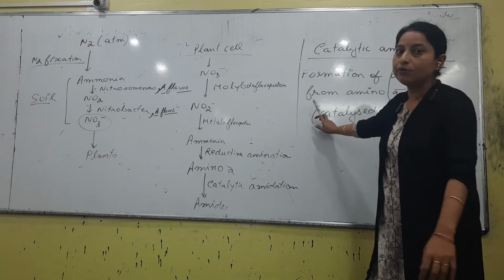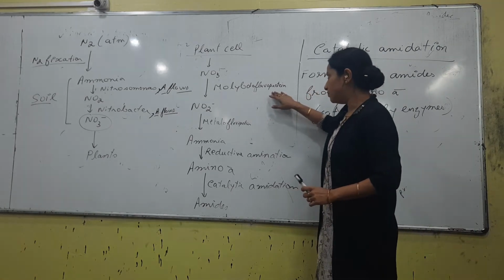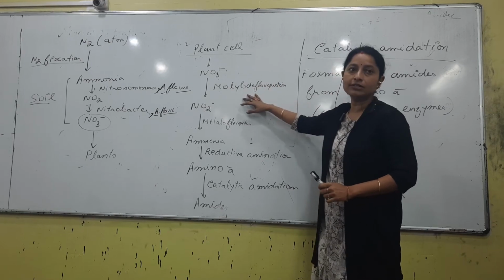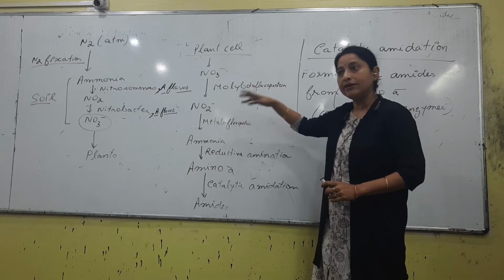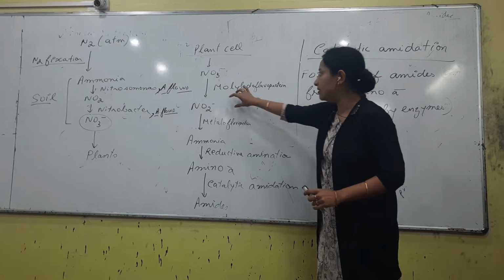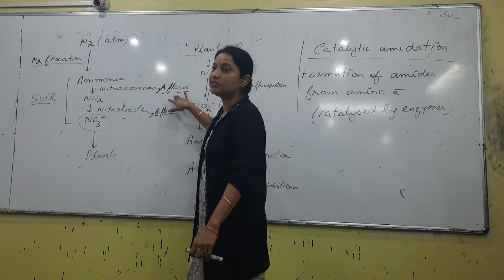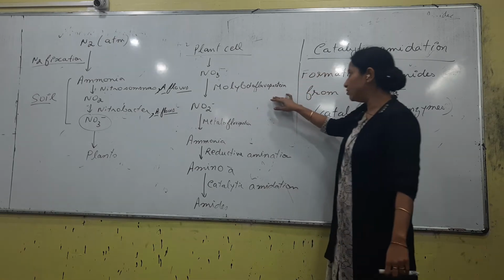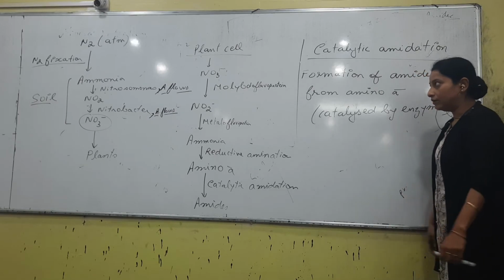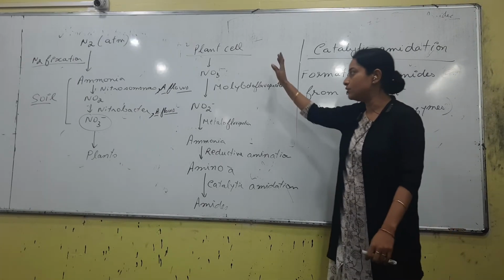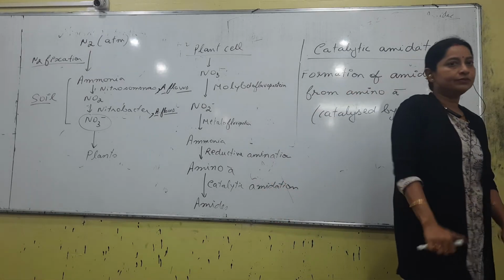If you write the chart properly at home, what you can do with molybdenoflavoprotein, what are the extras that we have talked about: FMN, FAD, right? Iron is there, molybdenum is there, we have written there. So what you can do, write the information again, the way we have written nitrosomonas and Aspergillus. At home what you can do: molybdenoflavoprotein, FMN, FAD, etc. And while reading this chapter, nitrogen fixation part,